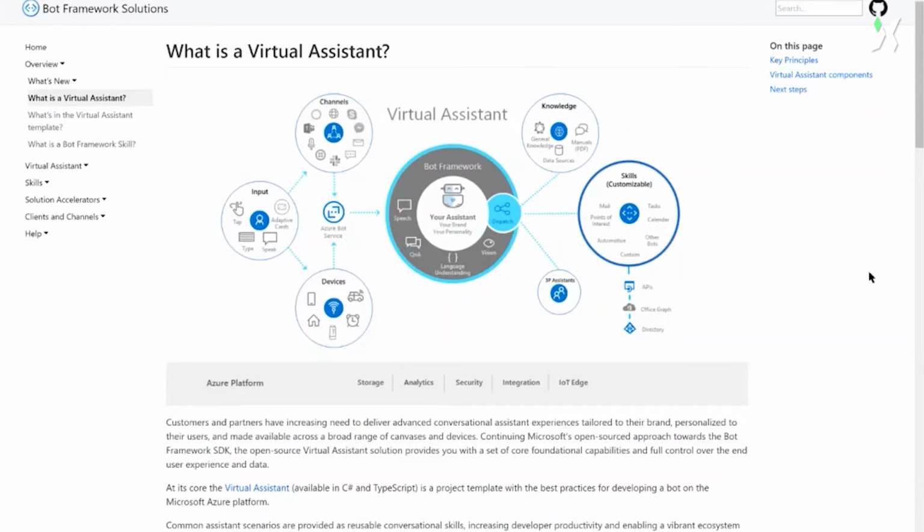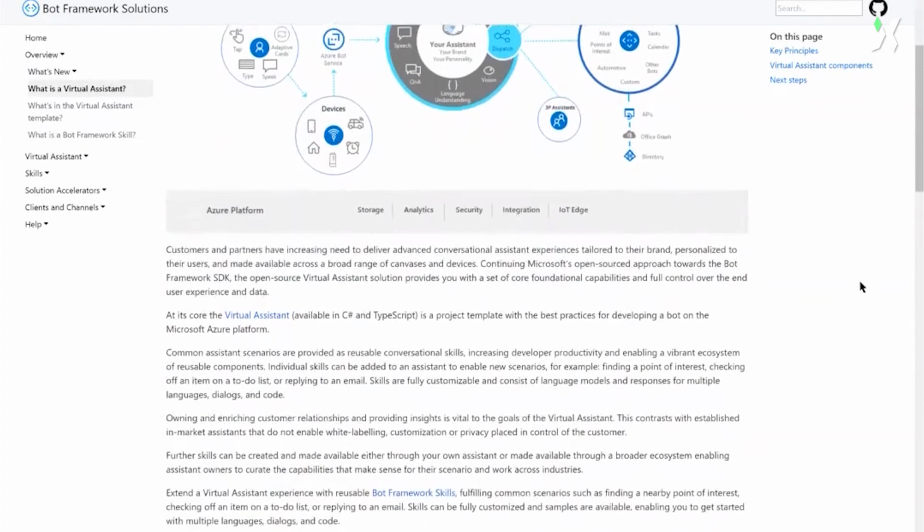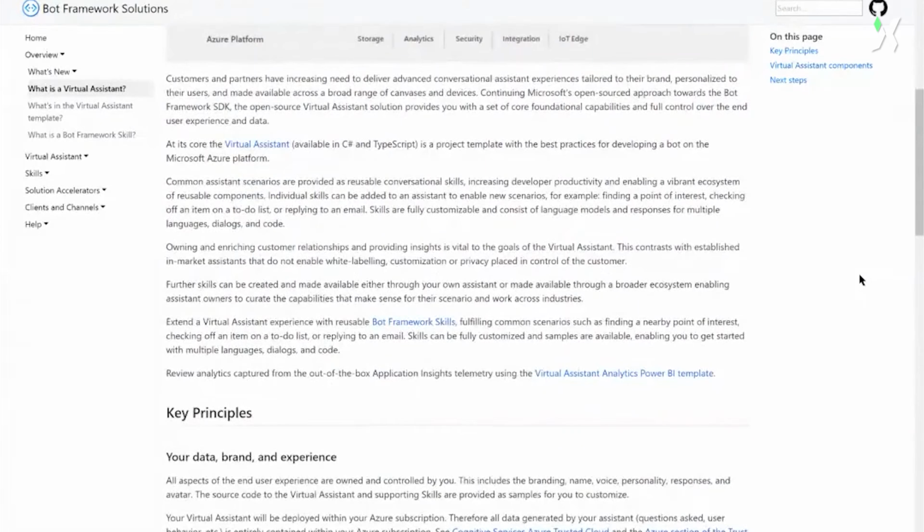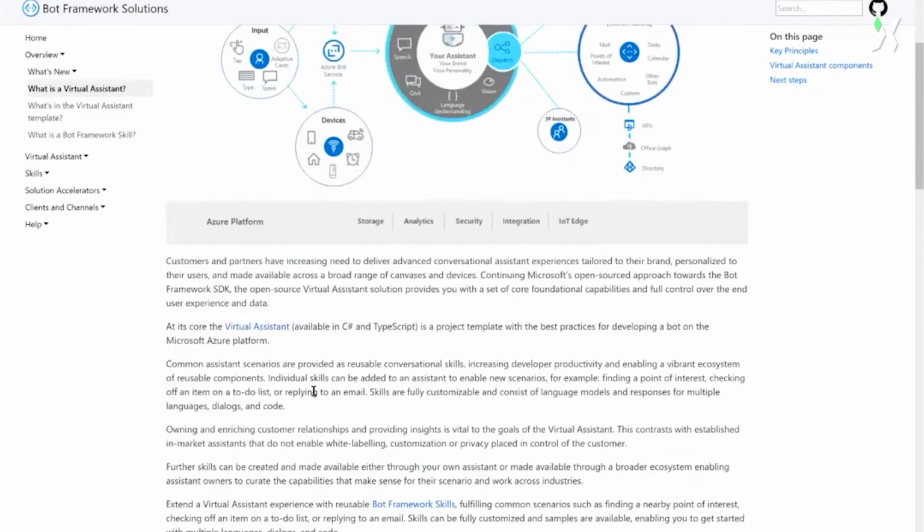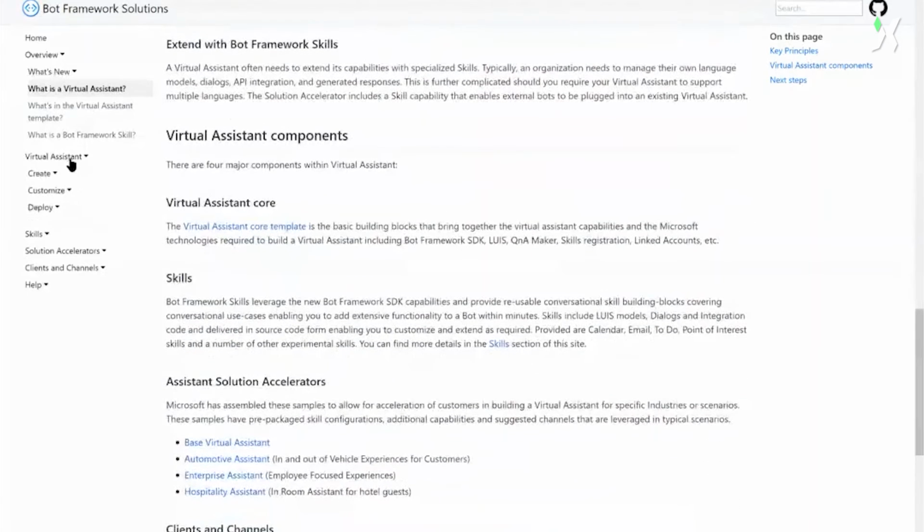It has the language understanding models, the knowledge bases. It has the templates required to deploy the hosting service that will enable you to make this bot available to the external web. So if I scroll down here and go to virtual assistant create,